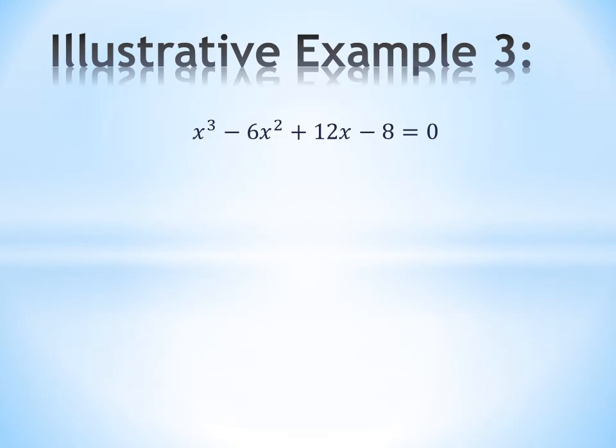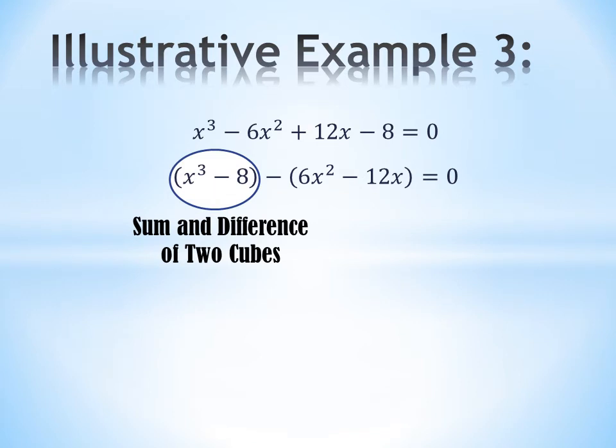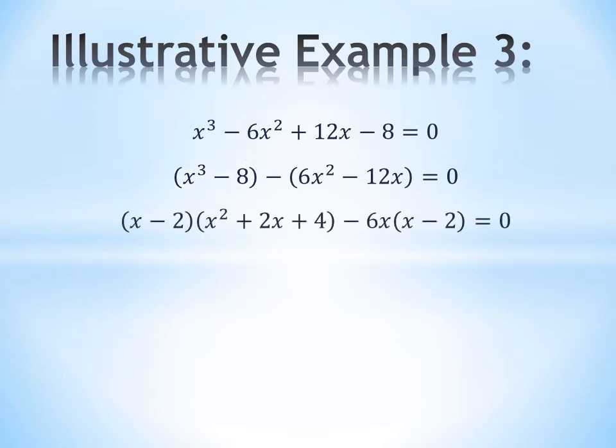Therefore, we will try a new group, which is x cubed minus 8 minus the quantity of 6x squared minus 12x equals 0. Notice that x cubed minus 8 is a special product which can be factored using the sum and difference of two cubes. Factoring out the grouped factors, we have x minus 2 times x squared plus 2x plus 4 minus,